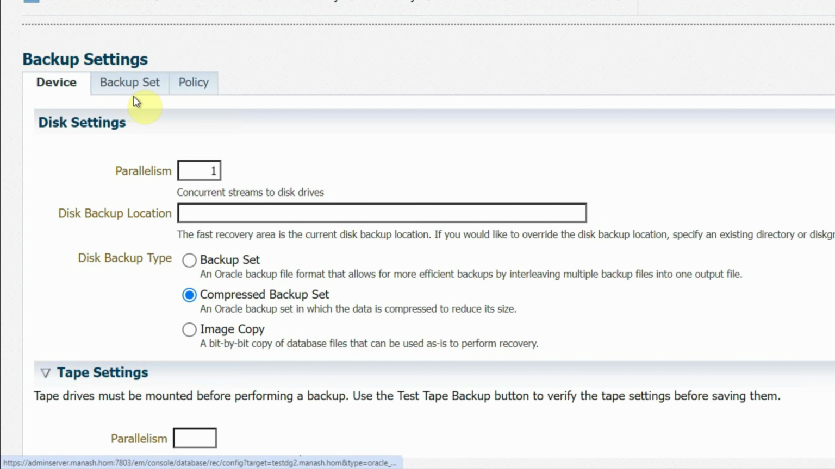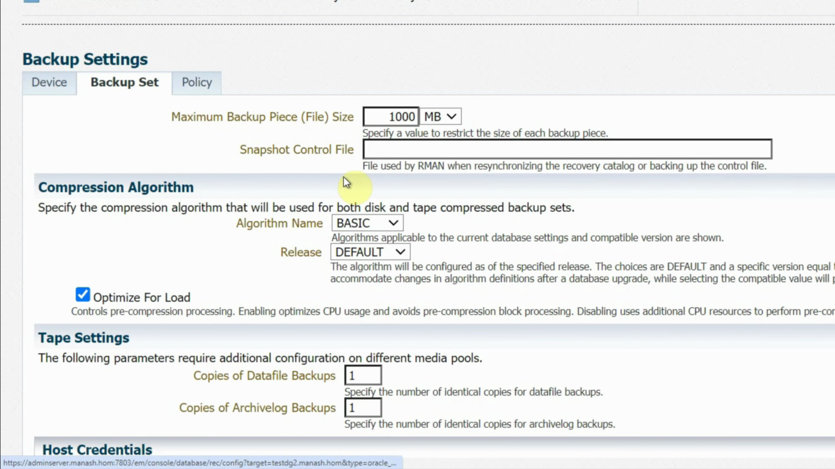And then we will go to the backup set tab here. Maximum backup piece file size 1000 MB. We are okay with that. Snapshot control file location, I am not specifying anything here, so it goes to the default location. Compression algorithm, if you want, you can specify the algorithm here. We have a couple of options there: basic, low, high, GZIP, and medium. So I am selecting the basic one